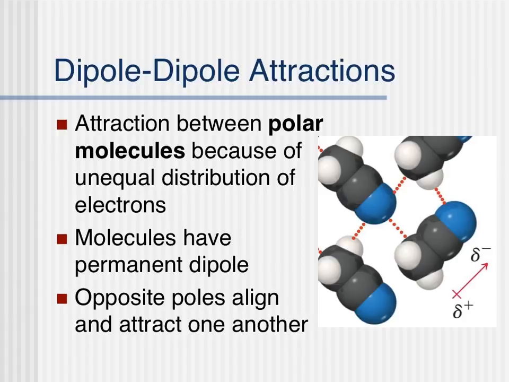Dipole is really the same idea, but dipole-dipole attractions are when we have a polar molecule. So here's an example: an N that's negative, an N that's positive, and this negative attracts to that positive, which attracts to this negative, which attracts to that positive, which then attracts to this, and we've got an attraction here that's not even drawn. It has a permanent dipole. That just means there's always a positive and negative end,